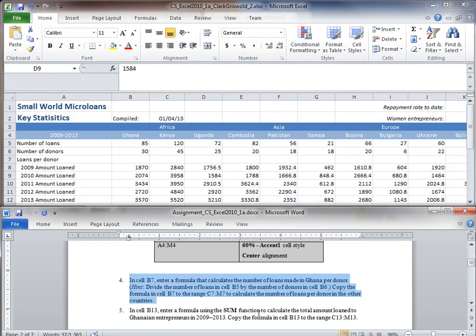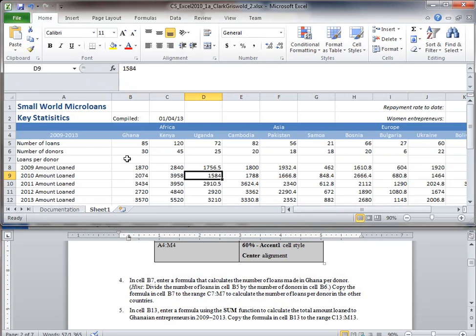Step 4, in cell B7. So this is cell B7. In cell B7, enter a formula that calculates the number of loans made in Ghana per donor, and divide the number of loans. A hint here: divide the number of loans in cell B5. So here's the country we're talking about, the city, and here is